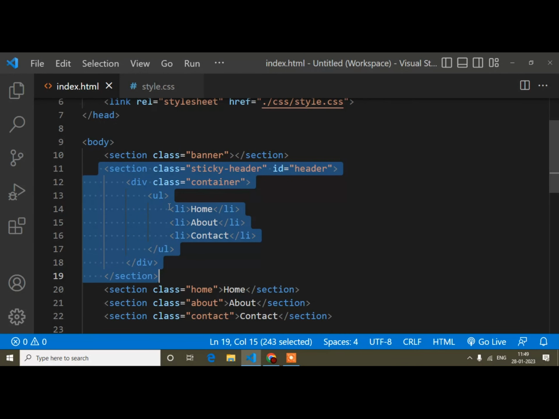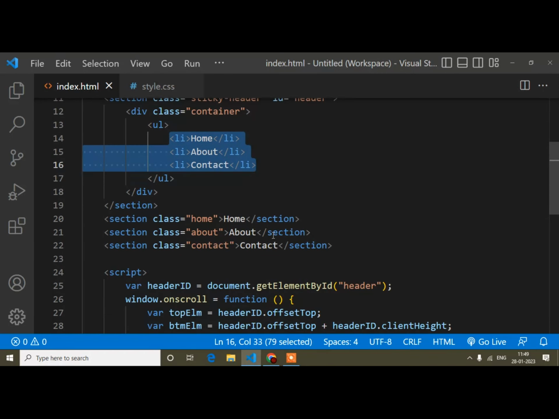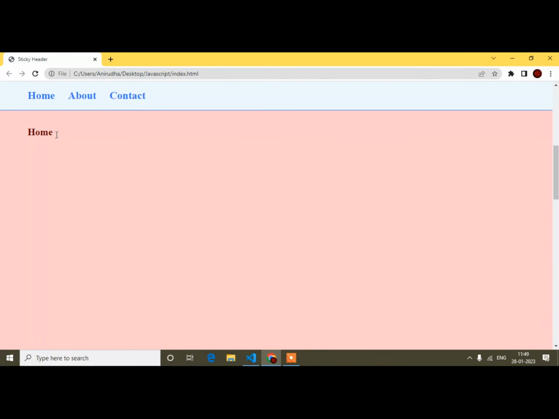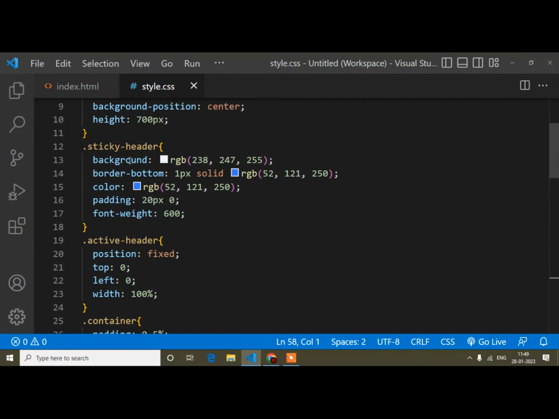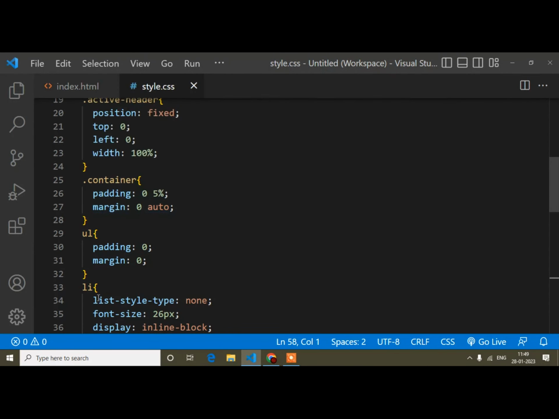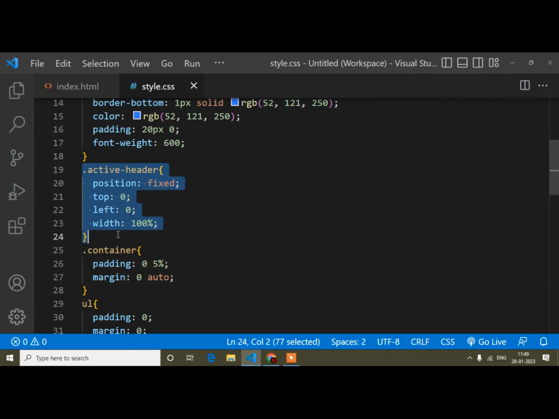Those are the three menus I have created here, and just below the header I have created three sections for the three menus. You can see this is the home section, about, and contact. So three sections I have created, and some CSS I have written for those. Sticky header, this one, and active header: when the header reaches the top, I'm appending this active class.